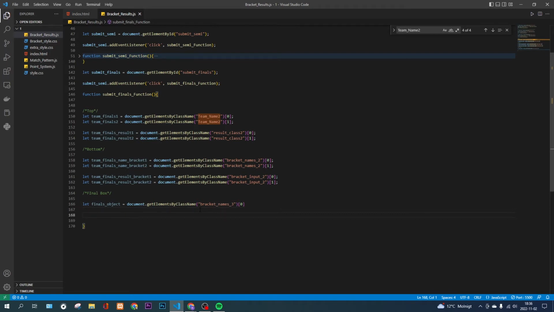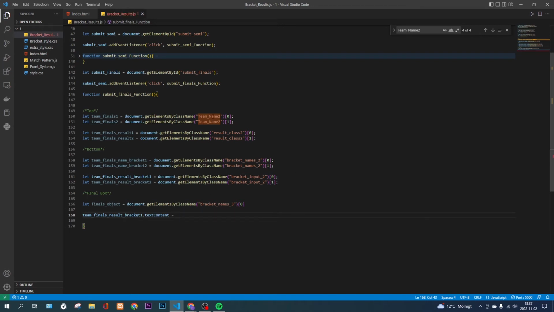And now we're just going to do an equal sign thing, which is basically, this one, the name, no, result, I mean, dot textContent